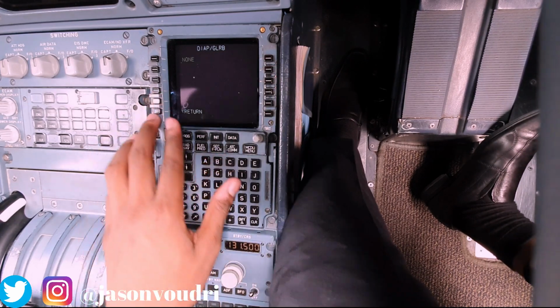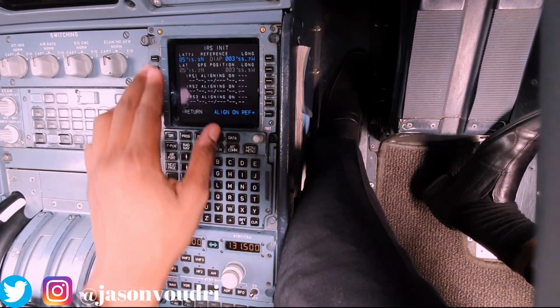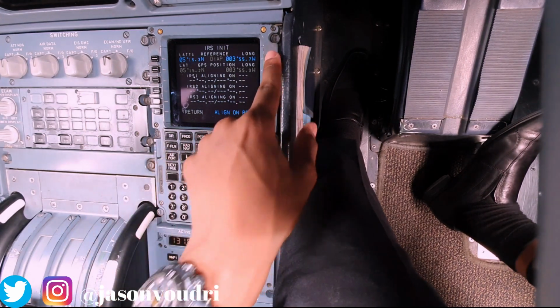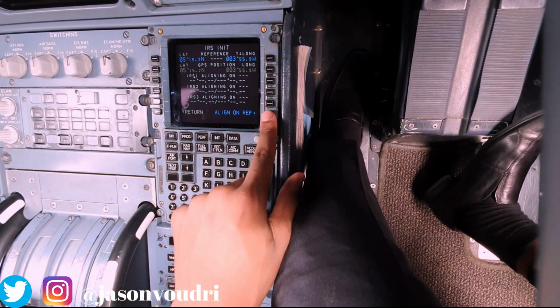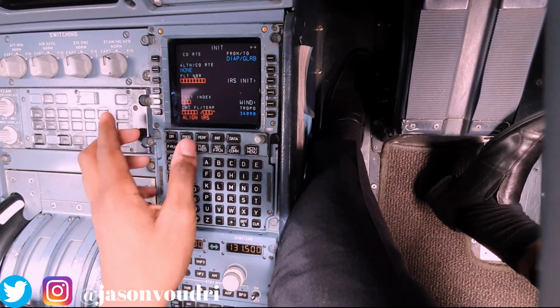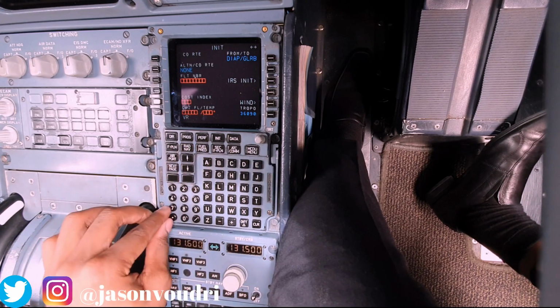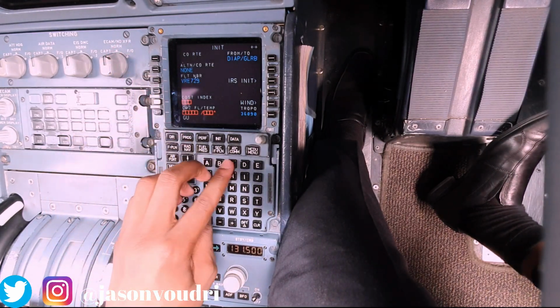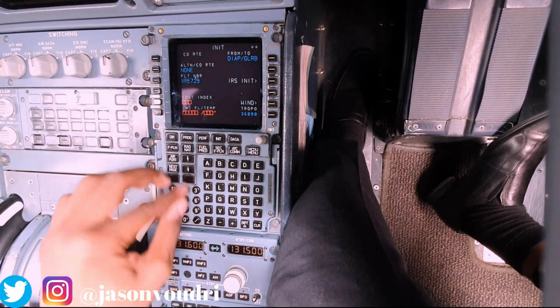You will put the initialization of the IRS, being the inertial reference system, which is a machine inside the aircraft that allows it basically to compute its position at any given moment along the 3D axes. You do that by basically putting a reference initially based on your parking for it to be able to compute it